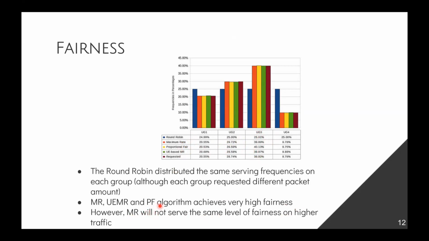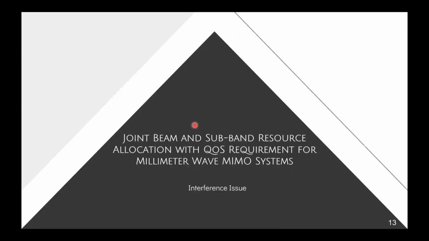I'm not sure why the authors did not try on the higher traffic, only try for the 64 amount of UE. So that's for the fairness issue. So we need to balance speed with the QoS and throughput of the network. The next one is related to the